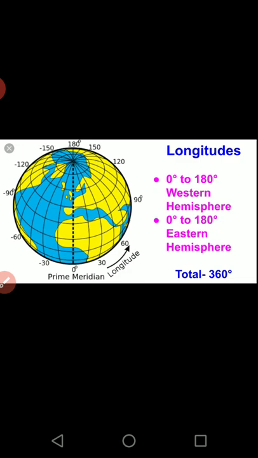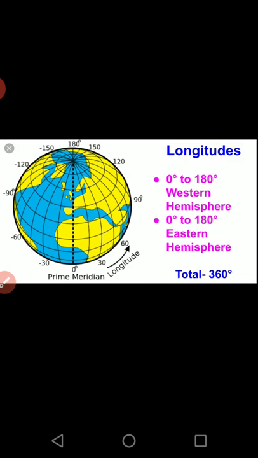As we have the central equator, here also we have the central meridian. The difference is that meridians are vertical lines. It means they start from the North Pole and end at the South Pole. So these are the vertical lines found on the globe. And because they are vertical lines, they do not change their size. They are of the same size. But the difference between each of the longitudes changes.